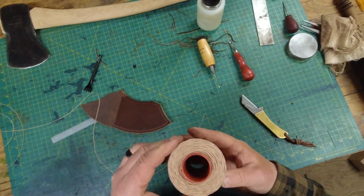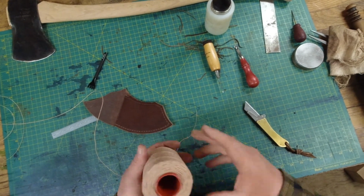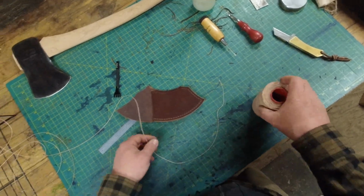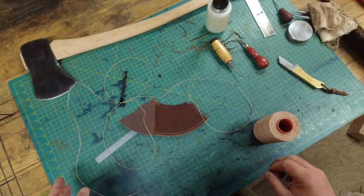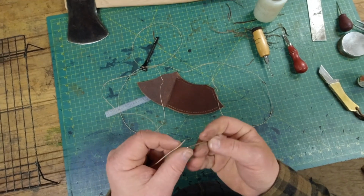I don't remember what kind of thread this is. It's a very high quality hand stitching leather thread, but I don't remember what brand. I believe I bought it at Buckle Guy, and I couldn't tell you what size it is. I'm sorry, you're going to ask those questions. You just kind of have to play with it and see what works for you. All right, the next thing you're going to need is a couple stitching needles. These are harness needles. As you can see, they're not